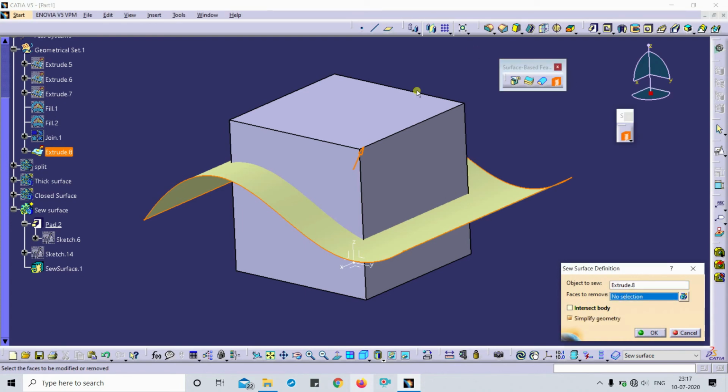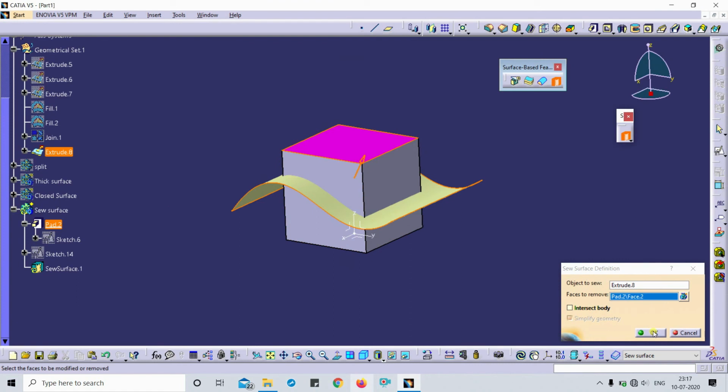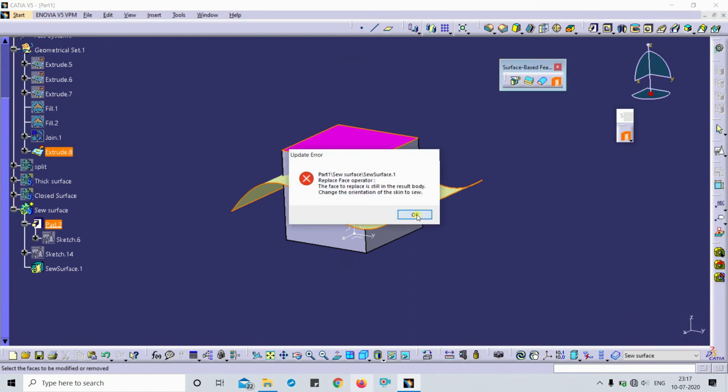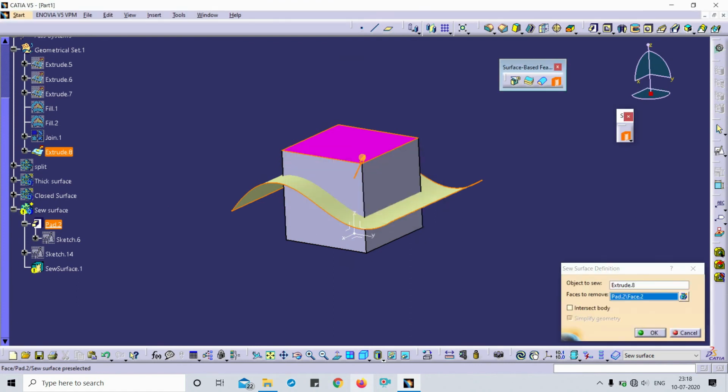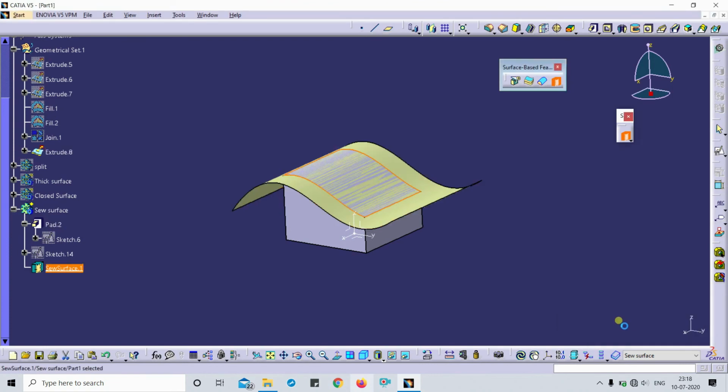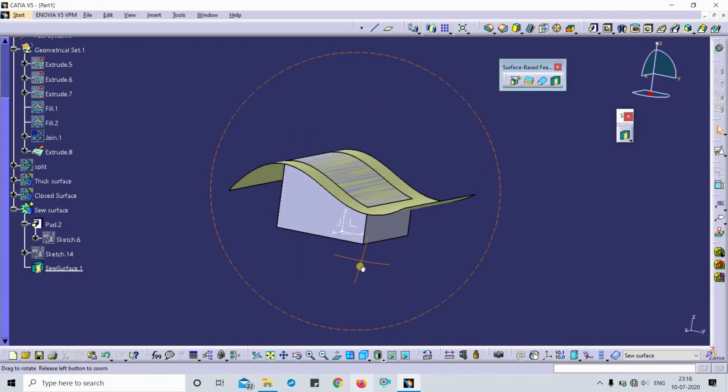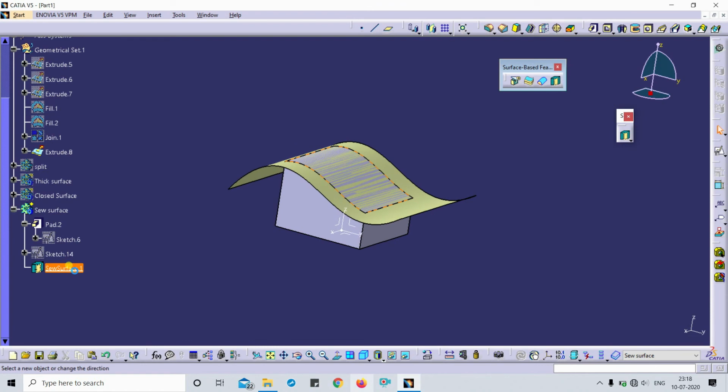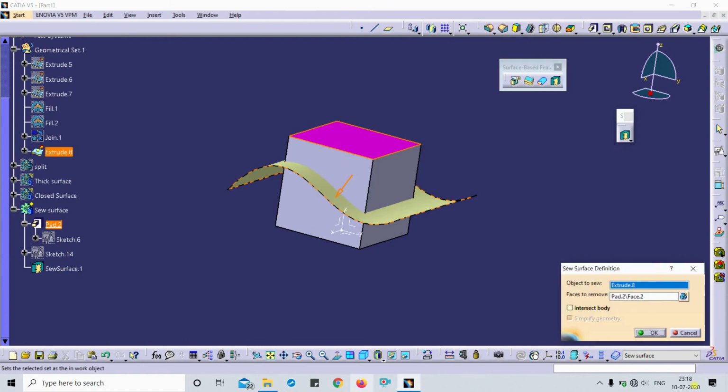Or similarly you can change the face also. For example, I have selected this bottom face and changed the direction, and okay, you can do it that way also.